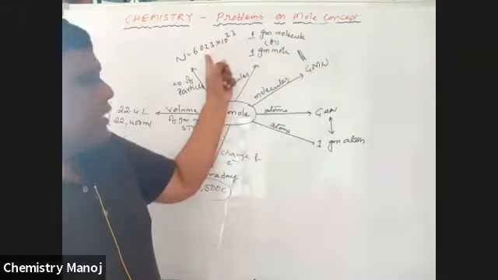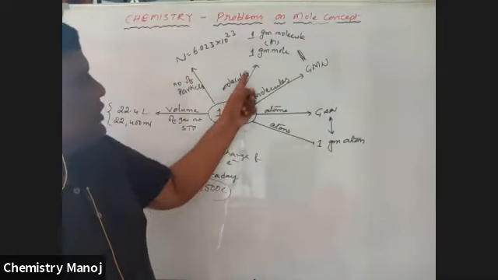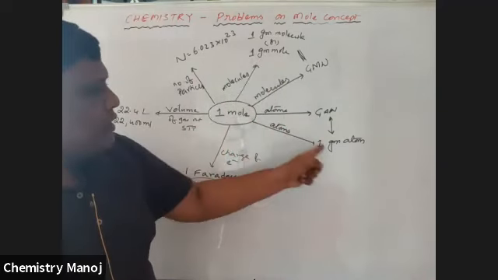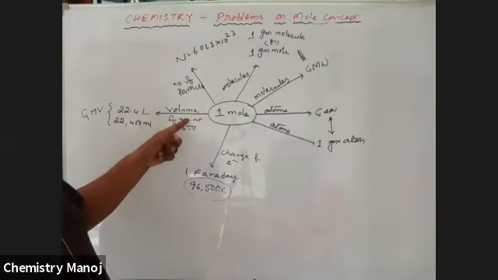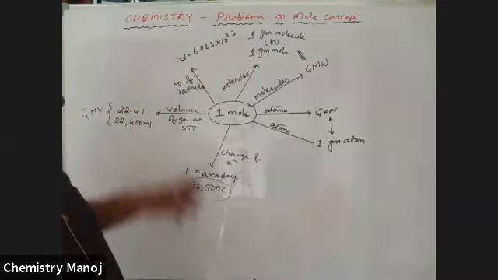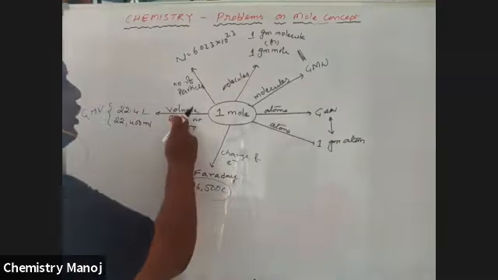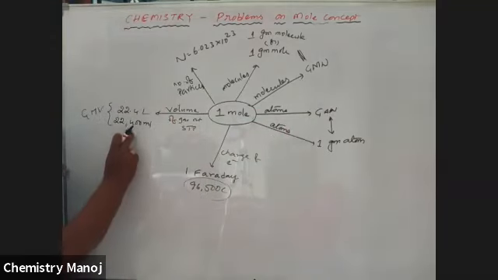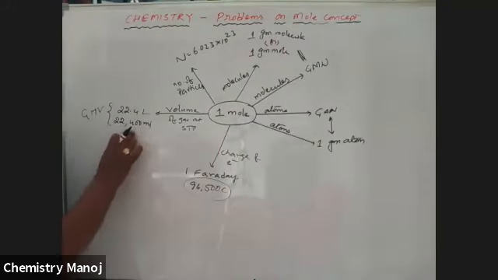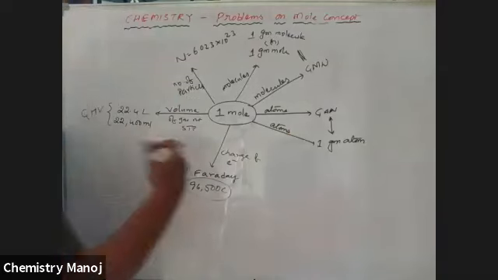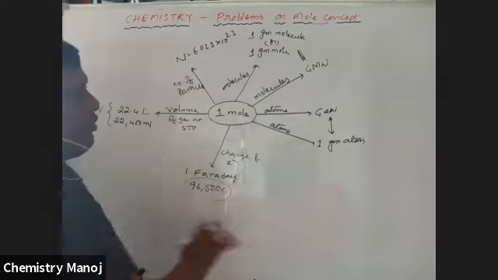So here it is weight, here it is particles. Avogadro number of molecules is equal to gram molecular weight. Avogadro number of molecules is equal to 1 gram mole. Avogadro number of atoms is equal to 1 gram atom. Gram atomic weight of gas atoms, volume at STP, is equal to 22.4 liters. That is a weight and volume comparison. Okay, so this is all about your mole concepts.